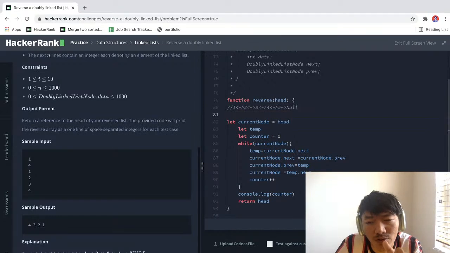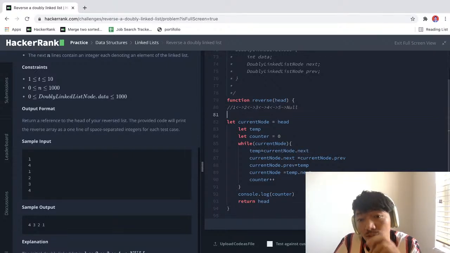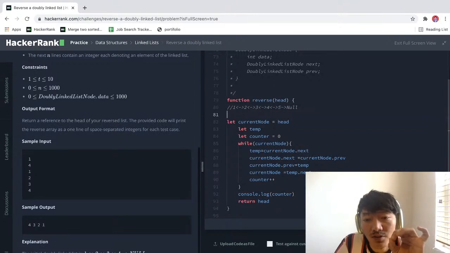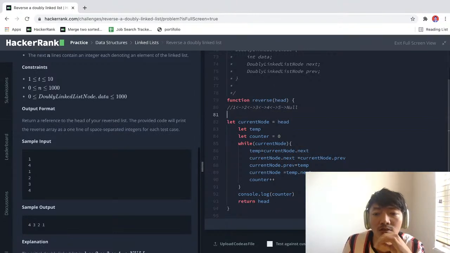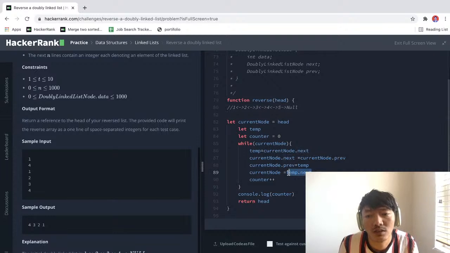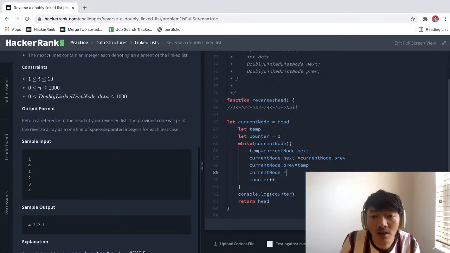Okay, so current node dot previous is temp, which is current dot next, which is 2. So previous will be 2. And then current node dot next will be